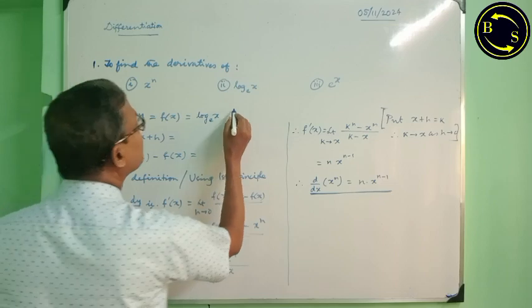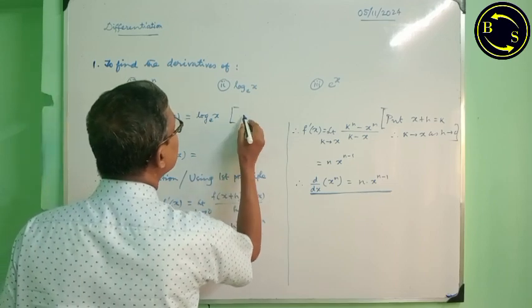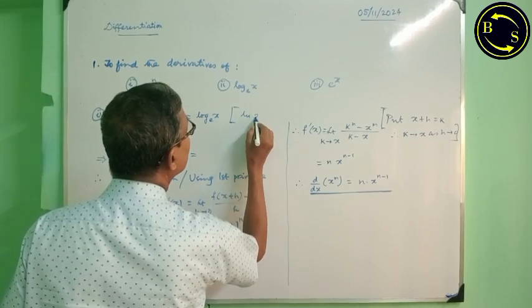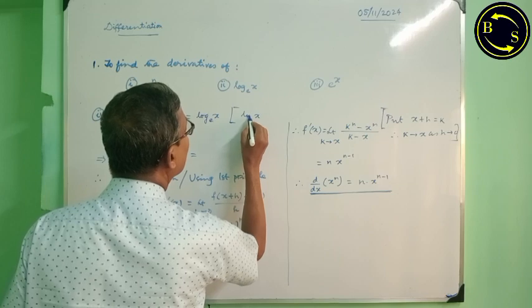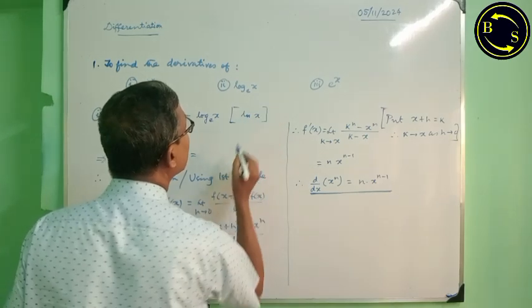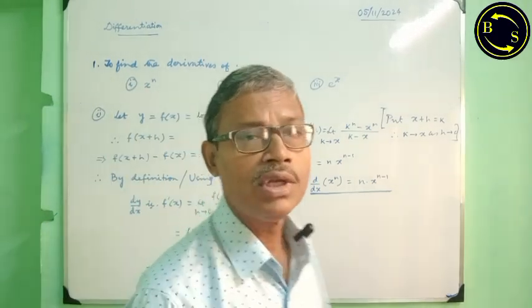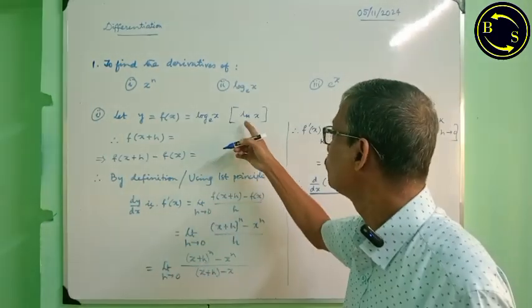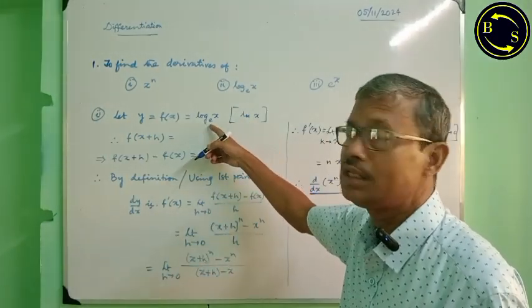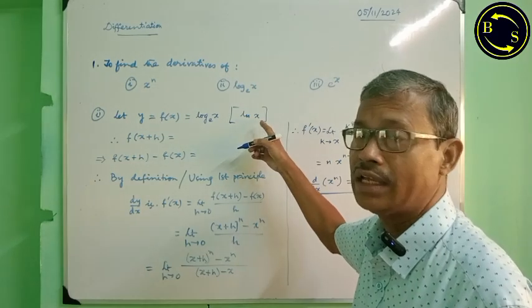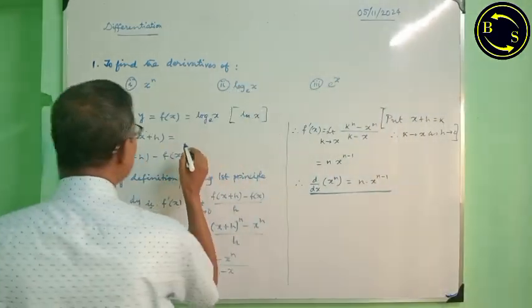Also, already I have discussed, this is log x, log natural logarithm, log x. In short, when base is e, we write it ln x. Then it will be